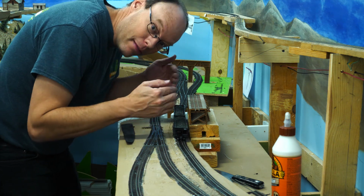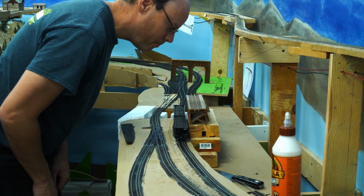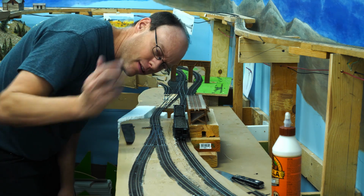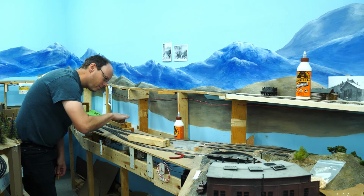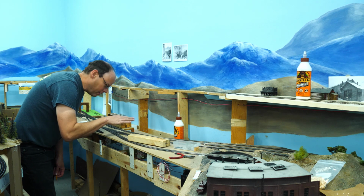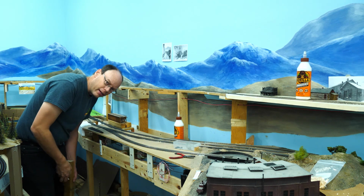See, the cars line up nice and parallel to the coal chute, wherever it may end up. This works good, and I think things will still run through here fine. So now I want to try to get this curve, this little hill, some structure for that. So I'm gonna cut a support to try and make that